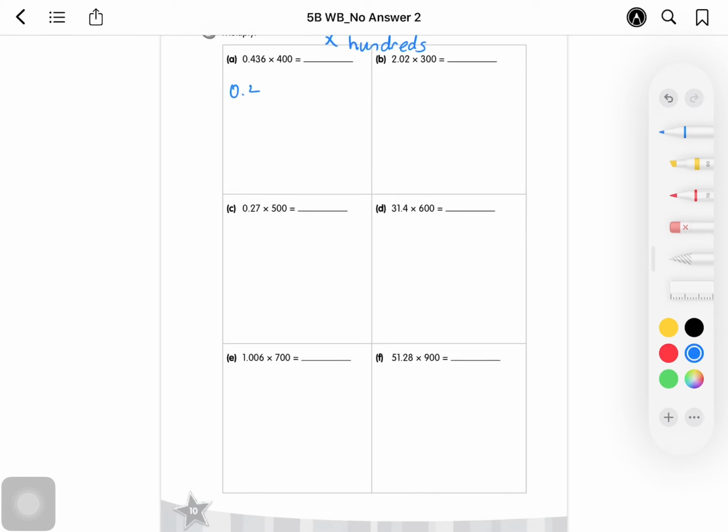Let me show you with A again. 0.436, I multiply by 400. So it's equal to 0.436 times 100 times 4. I shift my decimal point 2 place values to the right. I will get